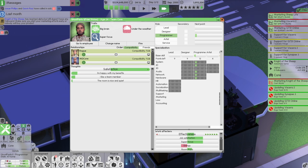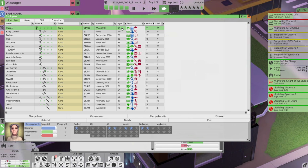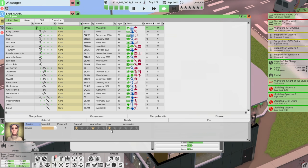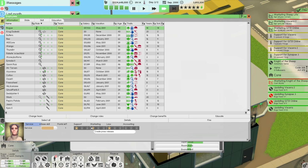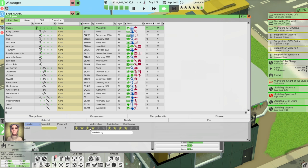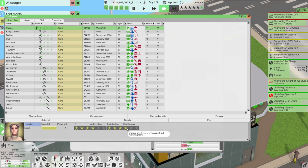And Rogue's looking old. How old's Rogue? 59. Ancient. Leader. Yeah, the whole meetings and socializing and boosting. I think I'd like to find like a 2-star socialization though, and we just forego the meetings and we still get the boost compatibility and socialize, but like...